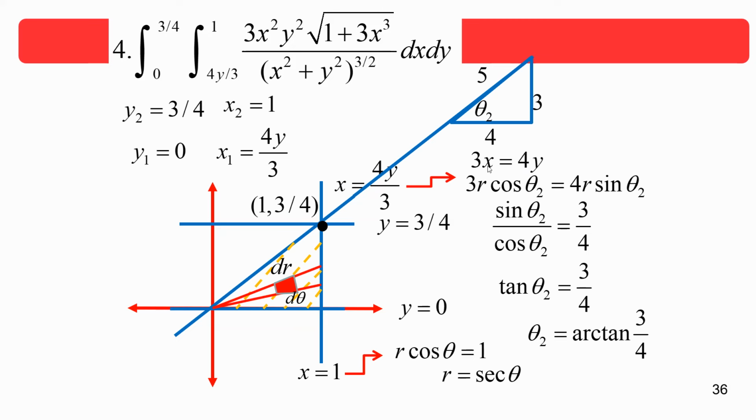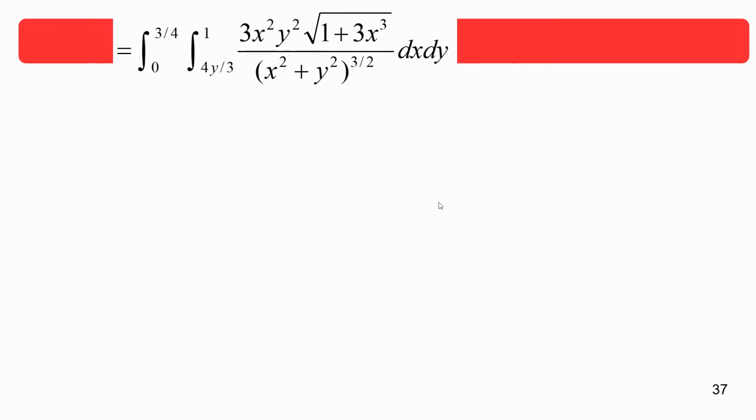And then we know that x is r cosine theta, y is r sine theta. Let's just divide everything by cosine. So tangent theta is 3 over 4. Therefore, theta is simply arctangent of 3/4. So when you rewrite this,